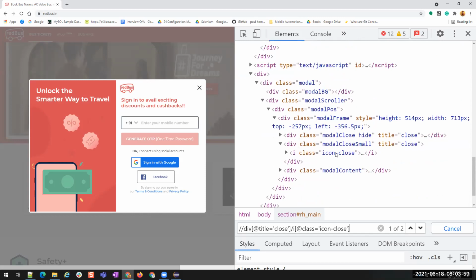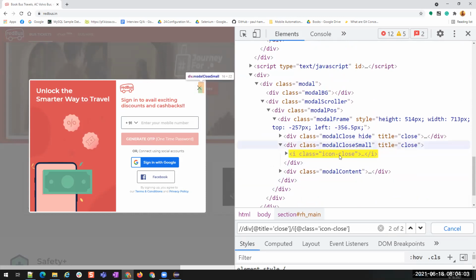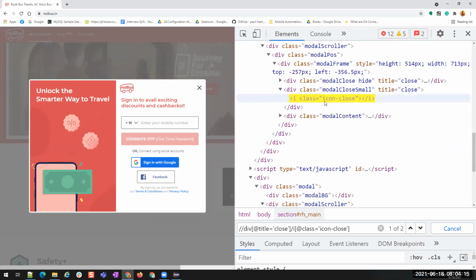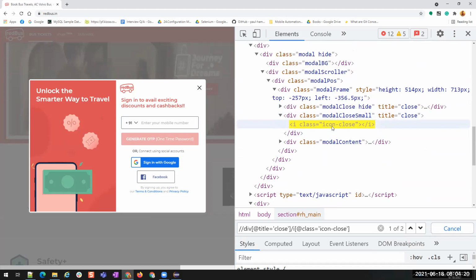Yeah. So what is the difference between ours and the default? You see 2 of 2, this is there. This is our element. You can see here, it is highlighting in blue color. The second one is our element. If I click here 1 of 2, the first one is not our element because this is hidden. Theoretically, we know that it is hidden. It is not deleted, it is just hidden. That is the reason we are seeing the second one. Otherwise, we would see only one, right?